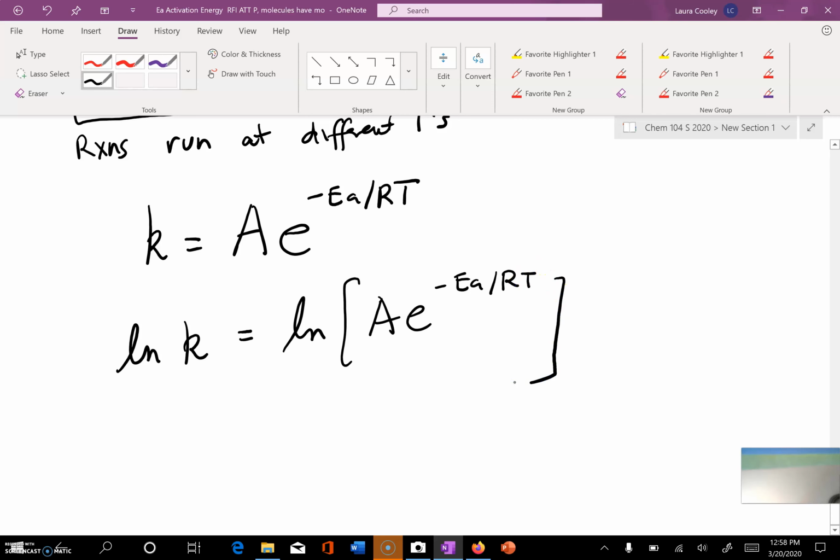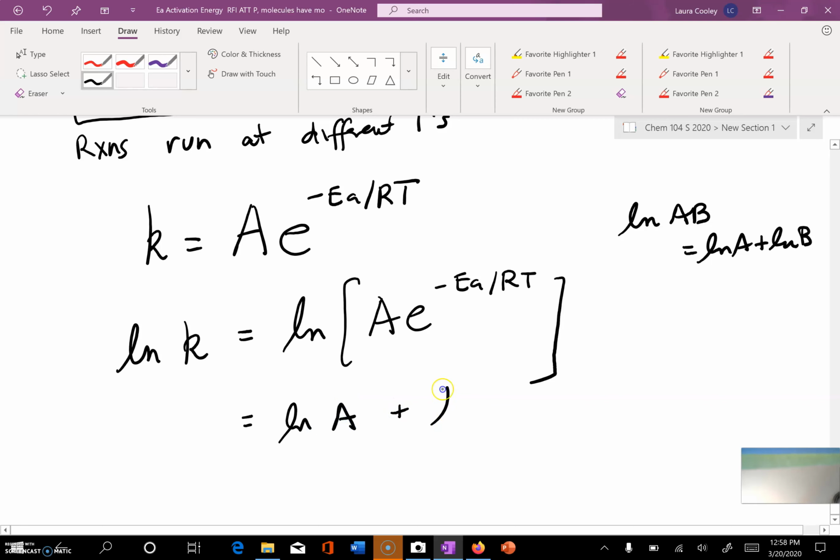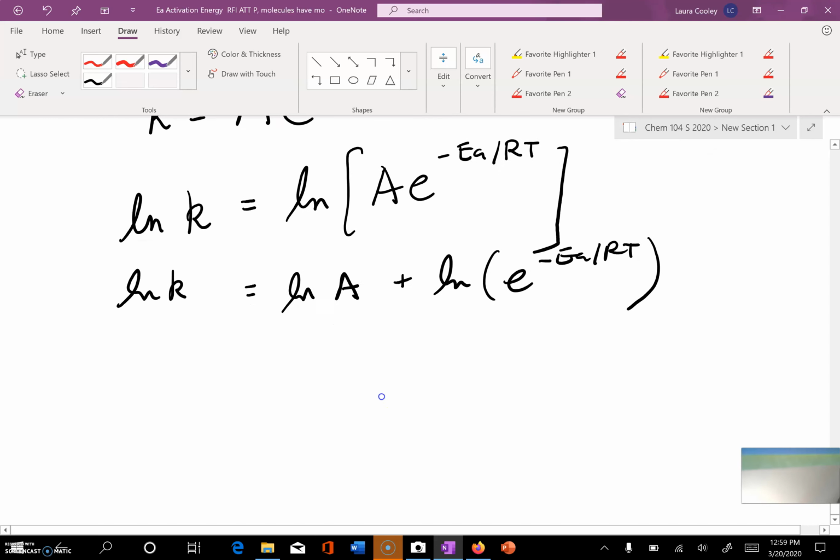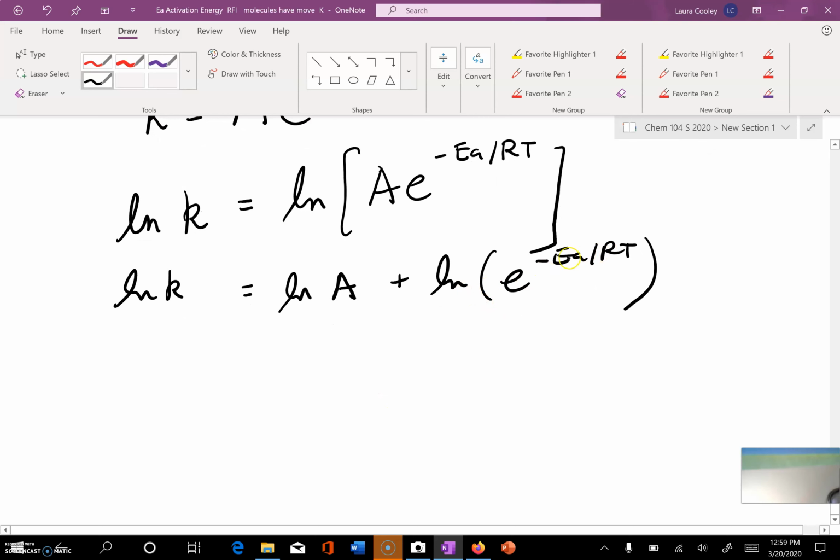Okay, now here I can use the rule of logs that says that the log of AB is the log of A plus the log of B. So that makes this the log of A plus the log of e to the minus EA over RT. And so now I can take the log of e to the minus EA over RT, but remember, if you remember from math, that the natural log and the